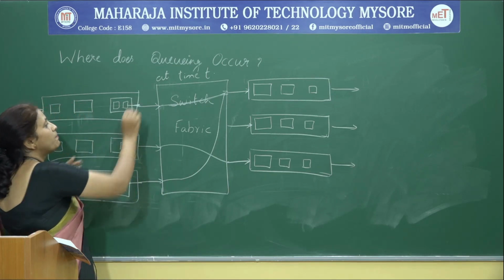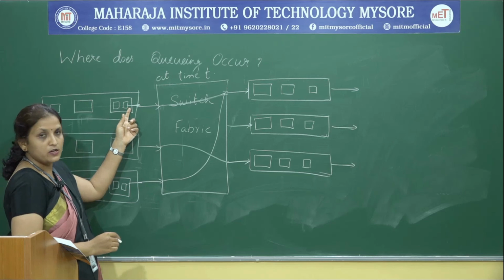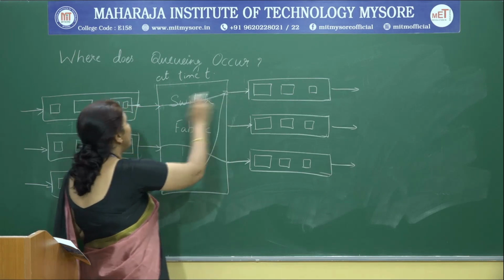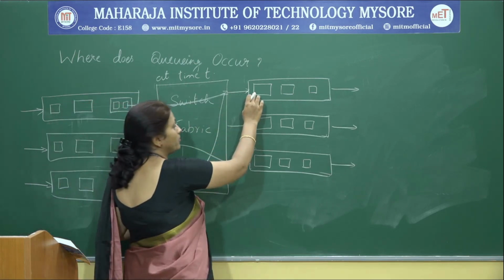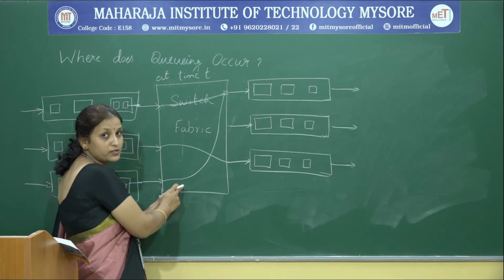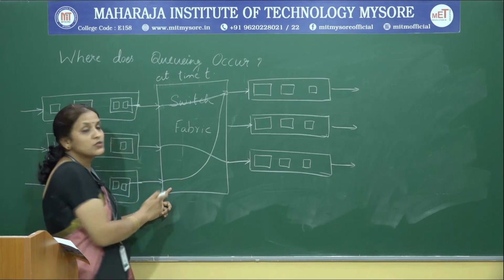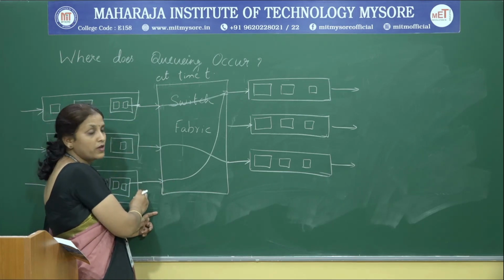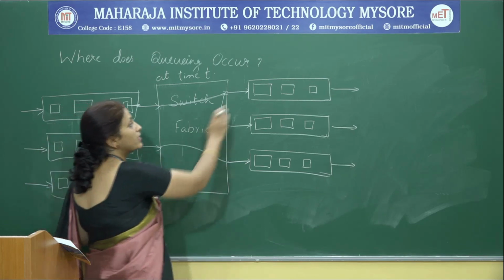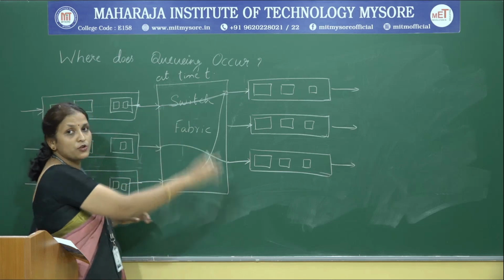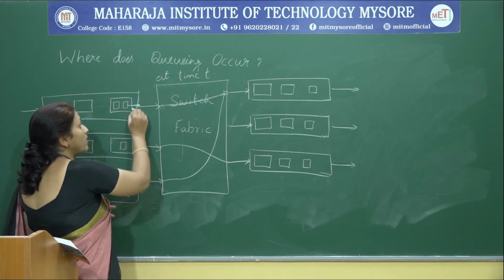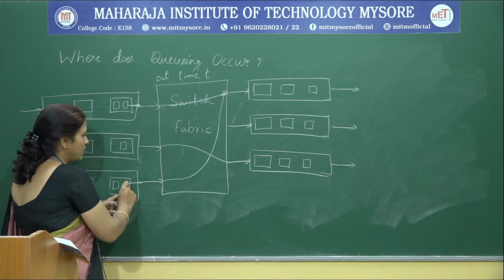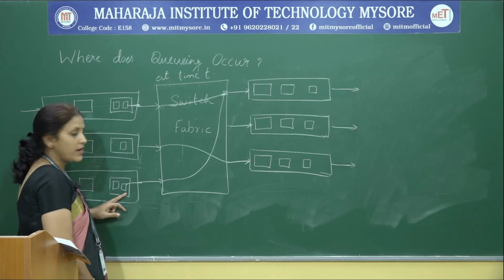Okay, but here when I say packet, the first packet of first input port and the first packet of third input port, both are destined to same output port, any one among them will be transmitted here. Since switching fabric is not fast enough here, we are considering that switching fabric is not fast enough to transfer all n input packets. Okay, all packets from n input ports will not be transmitted at once. At a time, it can transmit only one packet. In that scenario, at a time, one packet will be served. Okay. So, the other packet here, the packet in the third input port is made to wait.